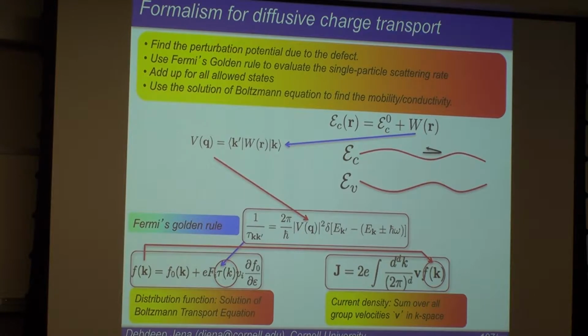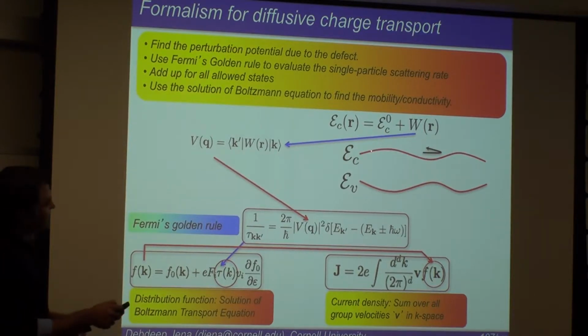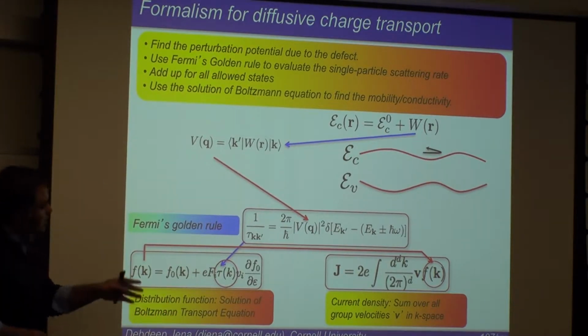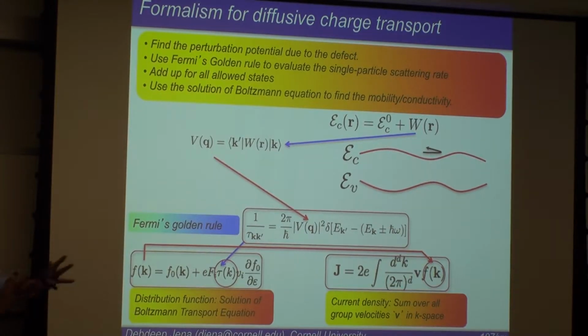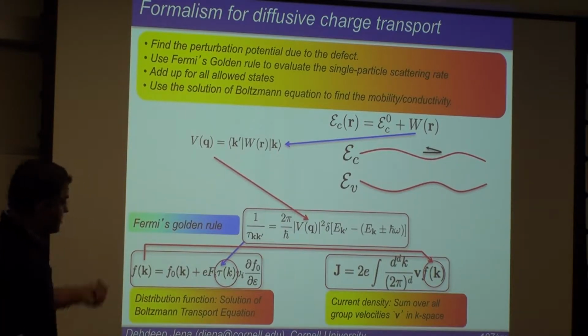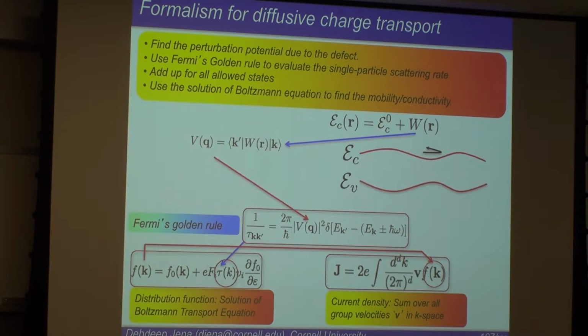And also, we found that if your scattering is occurring within the same band, you can forget about the periodic part of the Bloch function. You can just deal with the envelope function, which is the slowly varying part. Right? We derived that explicitly, and it makes life very easy because you don't have to bother about that part. And then you use the golden rule to find your tau, use it in the Boltzmann transport equation, and get your total current. So this is the whole method for most transport under diffusive conditions. Okay, so